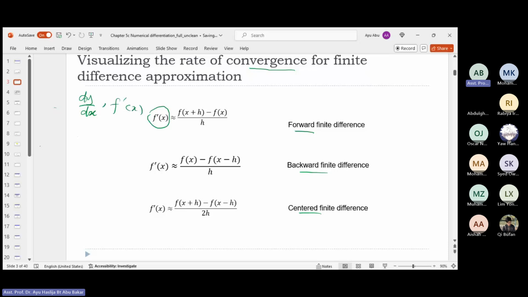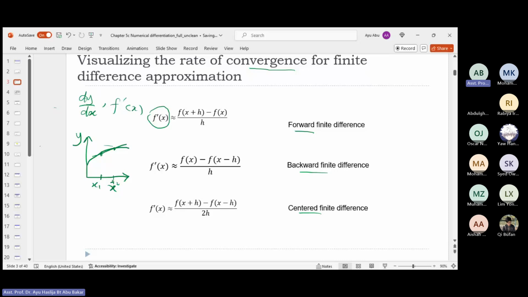Let's say you have a curve. This is the y-axis, x-axis, at points x1 and x2. So dy/dx usually represents the gradient, the slope,